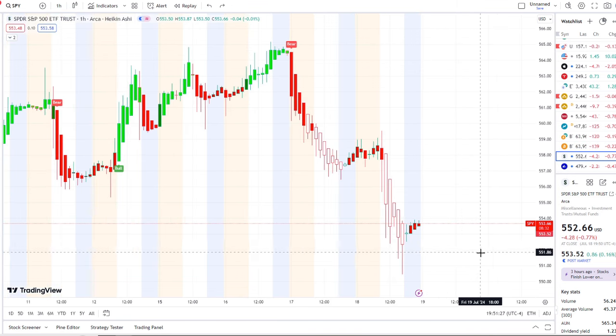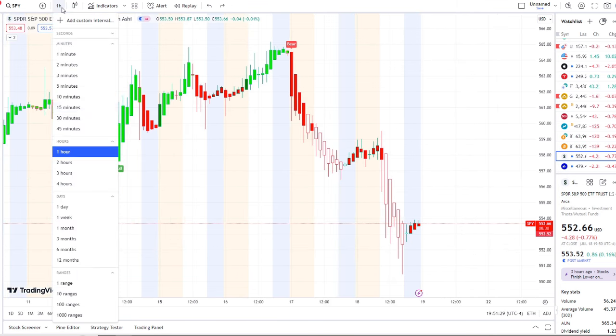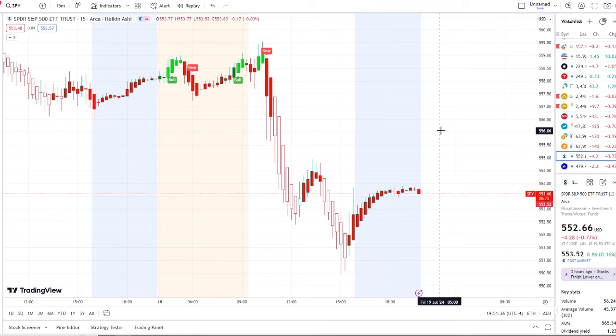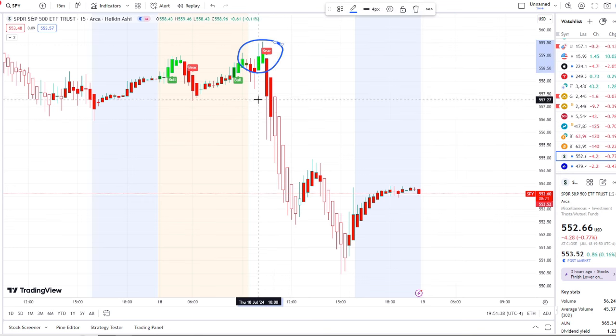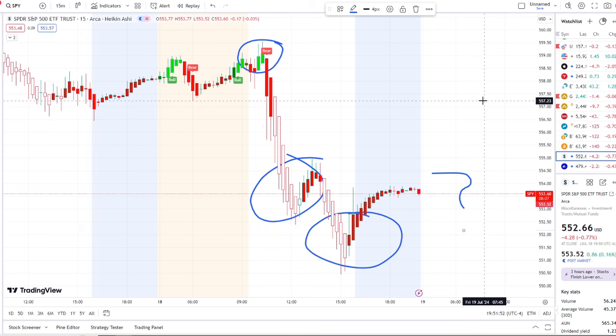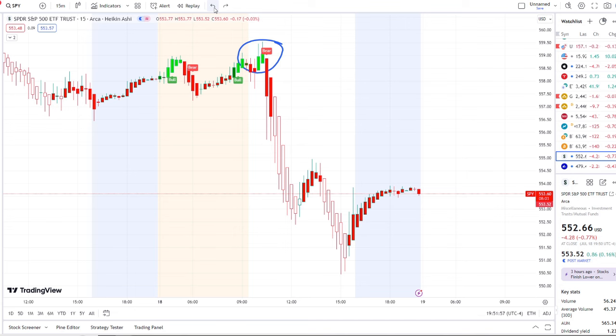Well, we need to look at these inflow versus outflows, which we're going to pull up in just a moment. And in the volatility, a bear indicator up here at 558 has dominated all day. And we did a transition from bright green bars to multiple dip areas of red borders in today's volatility. Now, here in the after hours, it's trying to push back up away from 550, back up towards 553. The question is, could it hold, right? So that's what we're going to break down in today's video. We're going to pull up the inflow versus outflows and break down the key levels I would watch going into